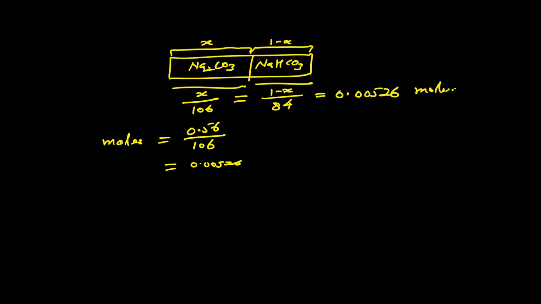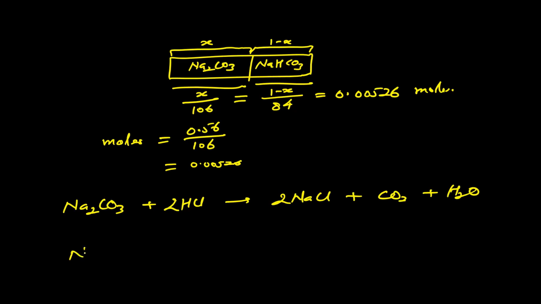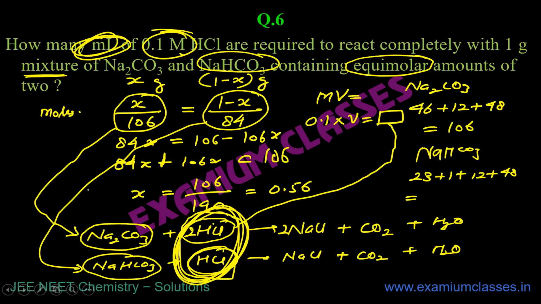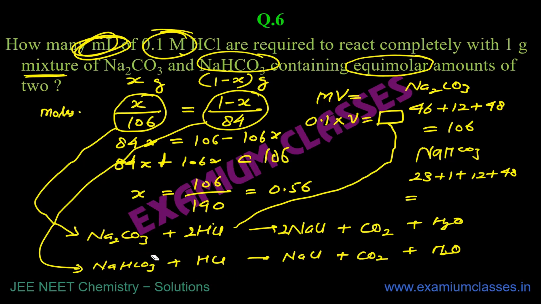Now come to the reactions. When I have the reaction of Na2CO3 reacting with HCl, it will give you NaCl plus CO2 plus H2O. And I have NaHCO3 also reacting with HCl. It will give you NaCl plus CO2 plus H2O. You are not bothered about this part. You are bothered only about what the ratio is here. What is the ratio here? So the ratio here is